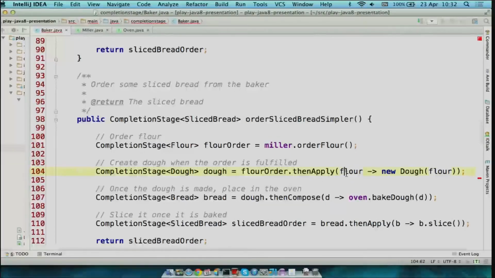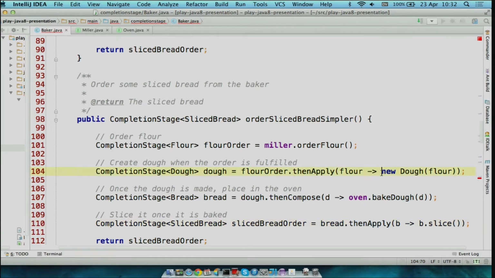So you can see we declare the argument. The argument is flour, and if it's just one line, we don't even have to have a return statement. It will return the result of that expression. Similarly, we thenCompose. We take the dough, we pass it to the oven, and that will return the promise for bread. And then to slice the bread, it's again the same thing.